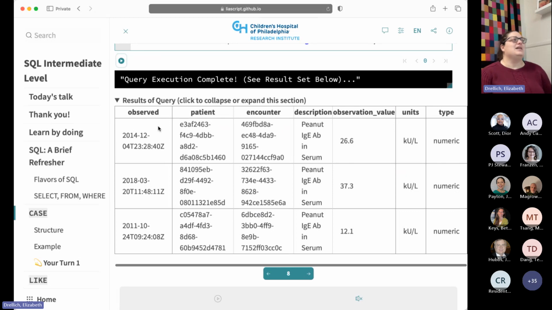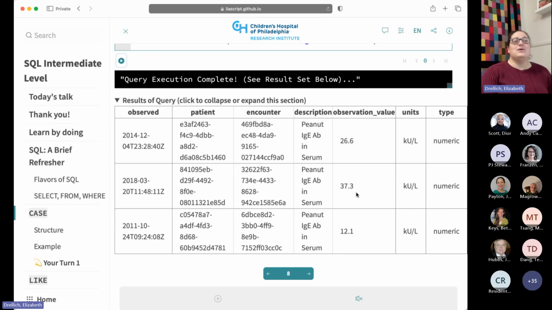So we've got some data on when this was observed, patient ID, an encounter ID. These are all the ones that have the description we want. And then we have an observation value. It's 26.6, 37.3, 12.1. And we have units listed. This is numeric data. But we might want to know a little bit more about that. That's not the most helpful way